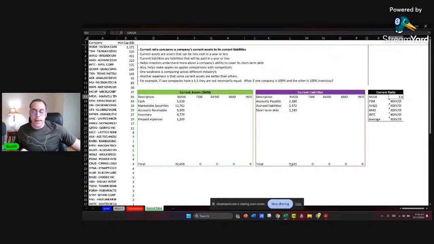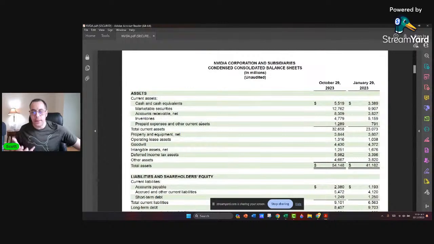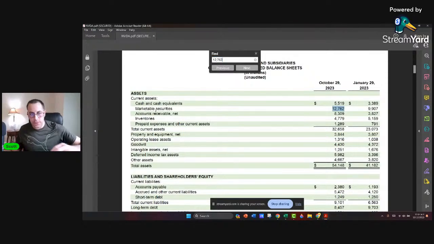If you wanted to make it more strict, you can look at just their cash. Does their cash cover their current liabilities? And it does. Well, marketable securities is pretty much cash. And if you're not sure, you should look up these terms. That's how I learned this stuff. I've looked up every term at least once, because I always wonder, what is marketable securities? What does that mean? So just Google search it,